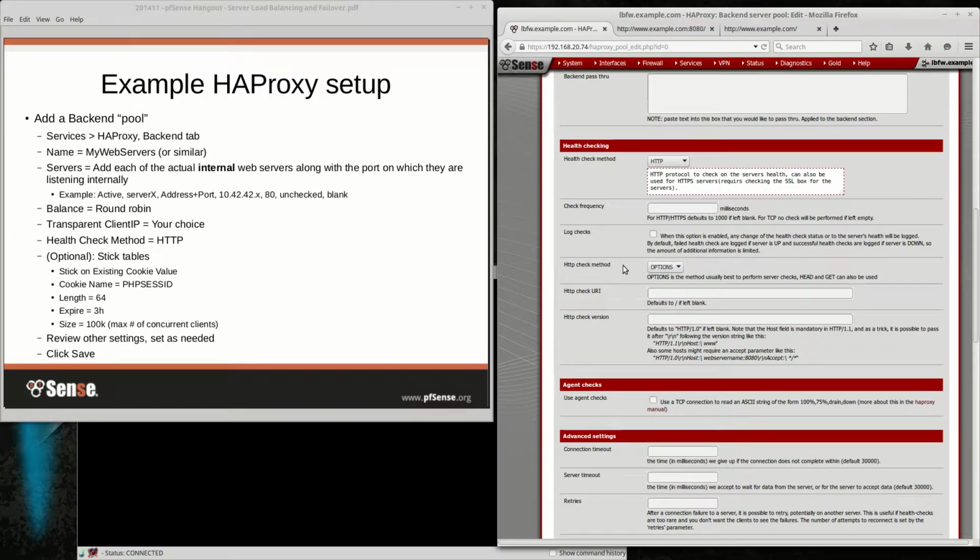Right now, I have it doing an HTTP options query. It's just a simple query that would let the web server respond. You could do head, get, post, put, pretty much anything you can come up with. Some people might prefer one option over another based on what they do or don't want to see on their web server logs, or what their server is configured to handle, or what type of query they want to check and make sure it works. Some people might want to check and make sure they can always put through a specific post query.